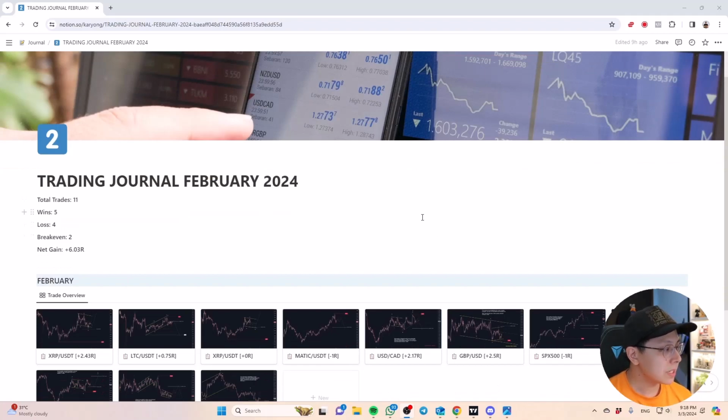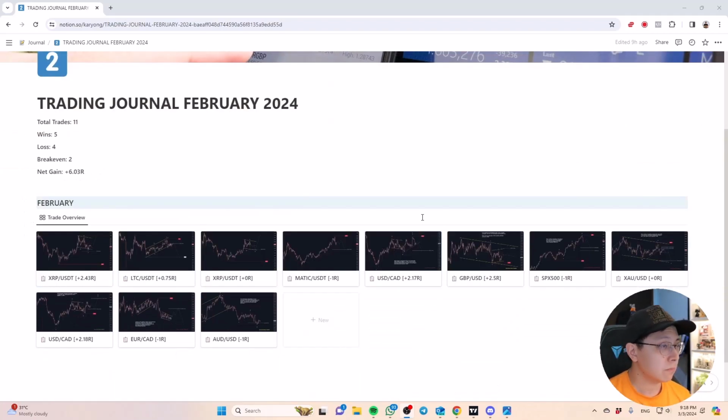Okay, so this is actually the end of the month, right? So this weekend is already progressing into March. So a quick summarized version for February. The month of Feb to me is not very active. Total trades I've taken is 11. This is across multiple assets, including currencies, commodities, index, as well as crypto market. Of the 11 trades, I managed to win 5 of them, which means those 5 trades took profit, hitting my targets. 4 of them resulted in a loss, so that hit our stop loss. 2 trades got out with break even, and the total net gain for the month of February